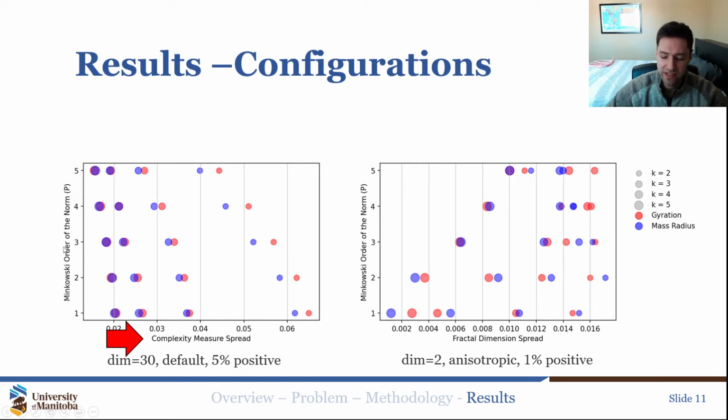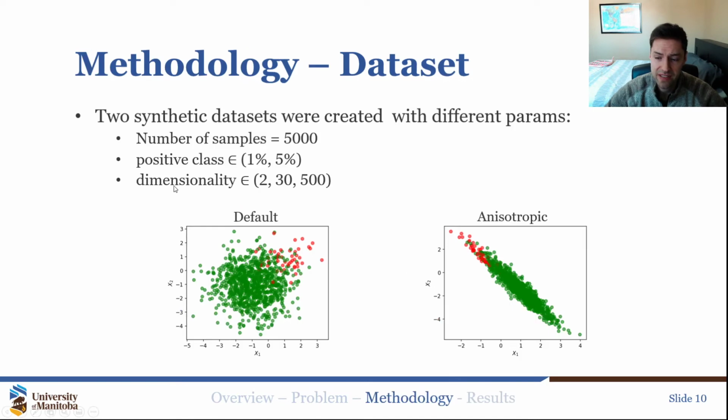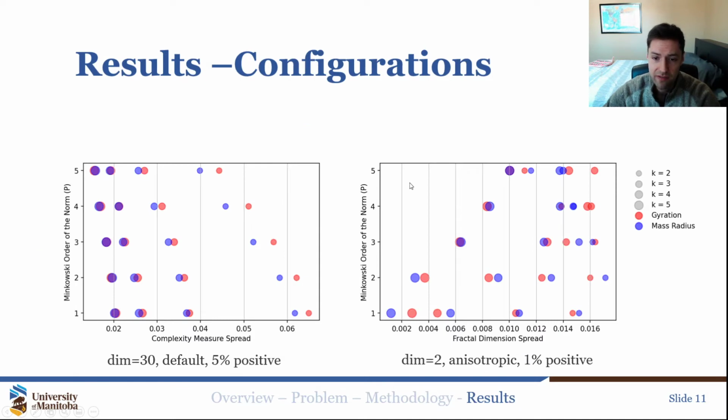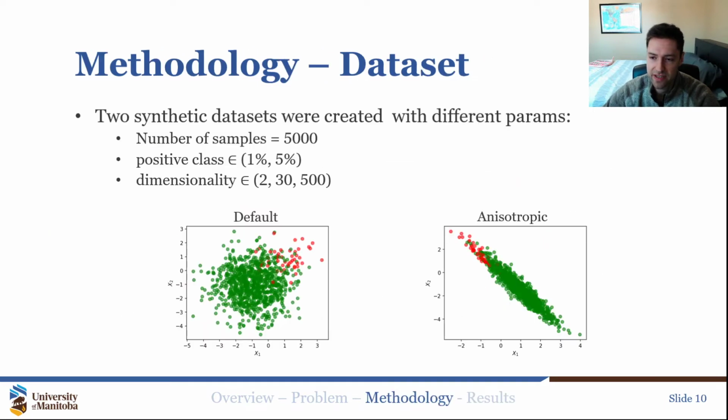So just to go back, these are just determining the complexity of these default and anisotropic feature sets. So we have the p, we have the complexity measure spread. What we were doing was, if we wanted to test if our measure was sensitive enough, one of the things we wanted to do was consider that previous cluster again, let me go back. Ideally, if we take the